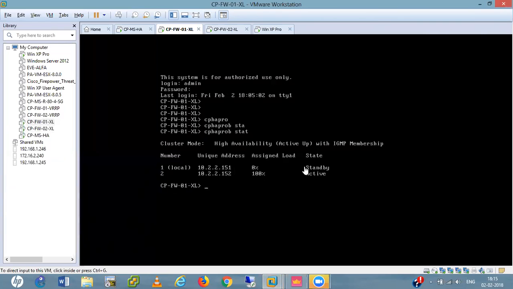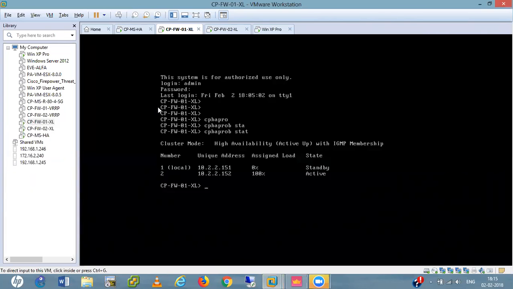This is in standby. But what do we want? We want firewall 1 to be active always. Suppose once one firewall goes down, automatically the second firewall comes up and its status is active.